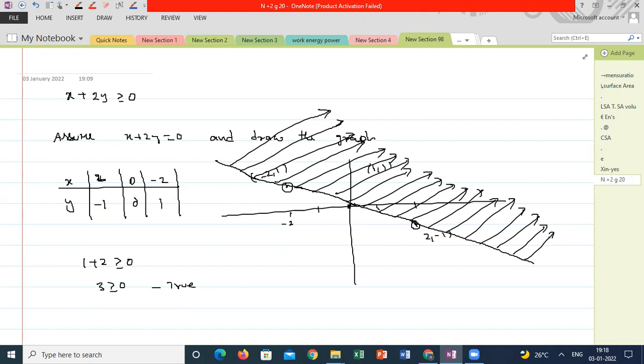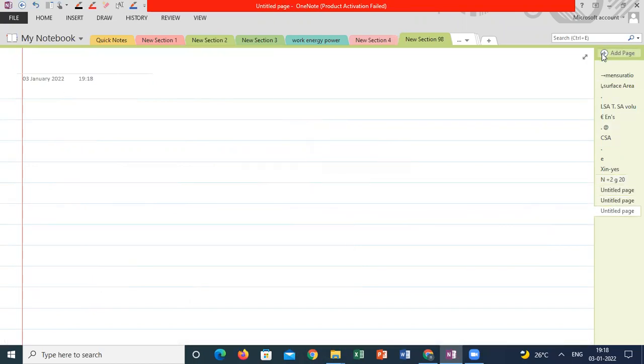Let me go to the next one, the last level of the topic. Usually you can consider this as an equation of one variable. I consider this a two variable case with a single equation. How to handle linear inequalities of two variables? System of linear inequalities of two variables.